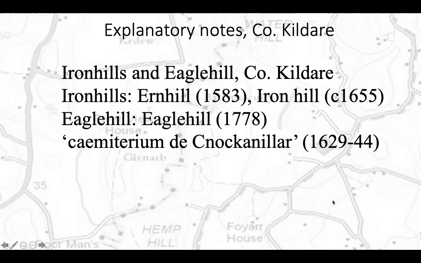And this is just one example. Two adjacent townlands called Iron Hills and Eagle Hill, just south of Kildare town. So Iron Hills is referred to as Earn Hill in 1583. And then subsequently in the Down Survey, about 1655, it became Iron Hill. It was reinterpreted, obviously. And then the nearby townland of Eagle Hill, it doesn't occur until 1778, where it's spelled